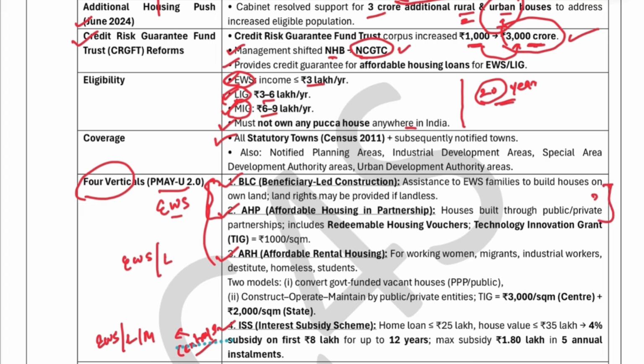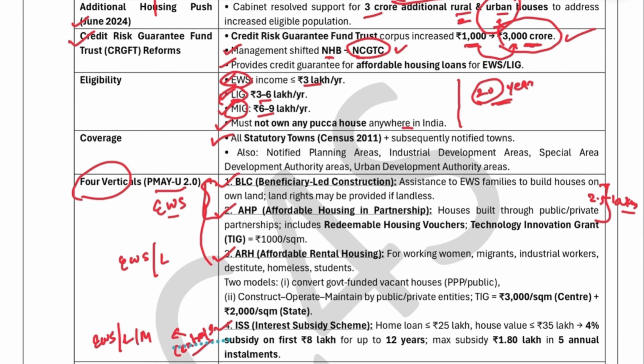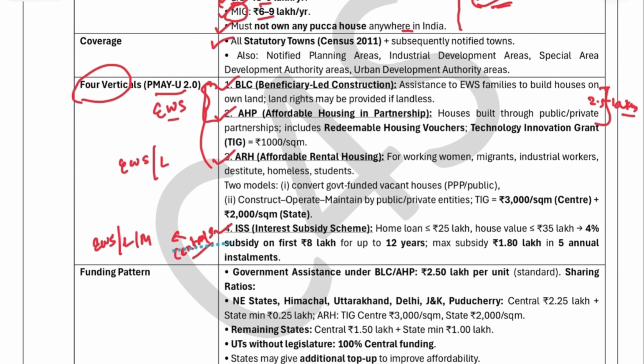Let's discuss each component one by one. Under BLC and AHP, you will receive 2.5 lakh per house as assistance, and that will be shared by state and center. You will see here, in the case of the northeastern states, Himachal, Uttarakhand, Delhi, J&K and Puducherry, the center will contribute 2.25 lakhs and the state will contribute 0.25 lakhs. That is, the total assistance will be